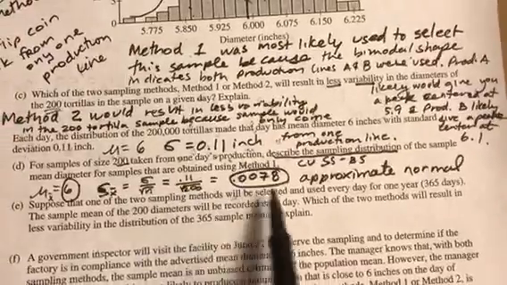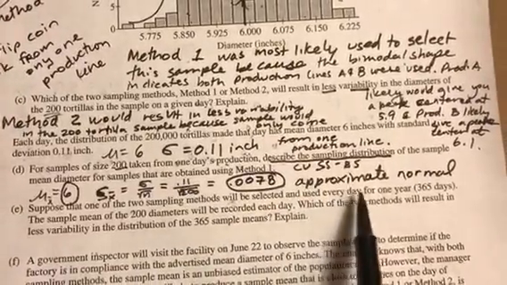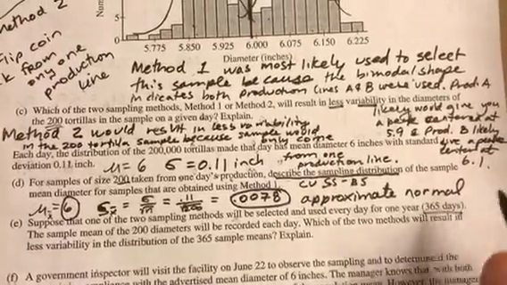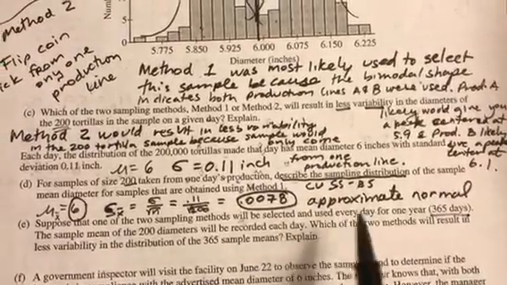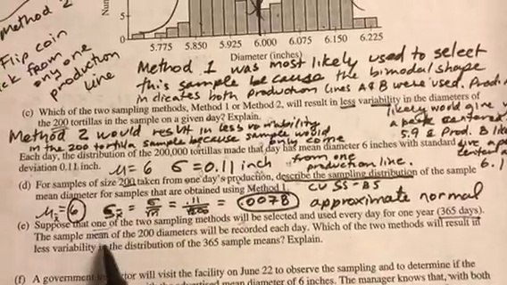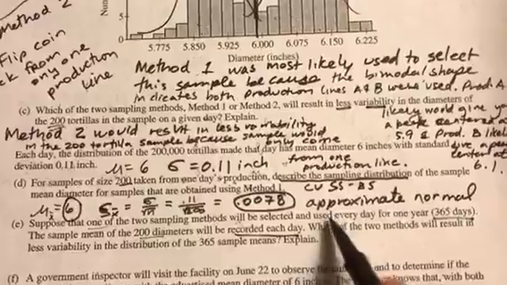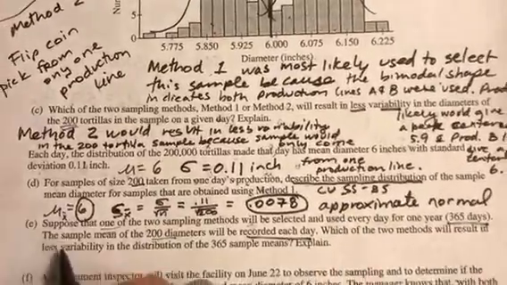Now, E. E states, suppose that one of the sampling methods is going to be selected and used every single day for 365 years. So instead of doing either method 1 or 2, you're going to just select one of the methods. The sample mean of 200 will be recorded each and every day. Which of the two methods is going to result in less variability? Now,